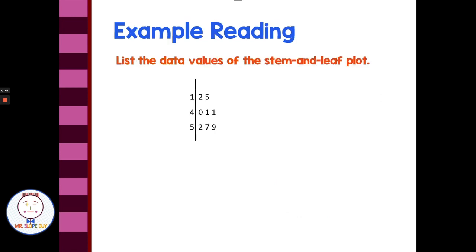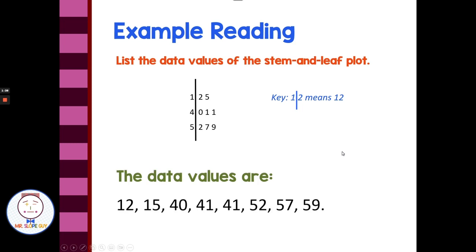So if we're given a stem and leaf plot that looks like this, and we're asked to list the data values, and let's say we're given a key where 1 | 2 means 12. So the 1 is representing the tens digit and the 2 is representing the ones digit. So 1 | 2 would represent 12, 1 | 5 would represent 15, 4 | 0 would be 40, 4 | 1 would be 41, 4 | 1 again would be 41, 5 | 2 would be 52, 5 | 7 is 57, 5 | 9 is 59. So the data values we're given on this stem and leaf plot are 12, 15, 40, 41,